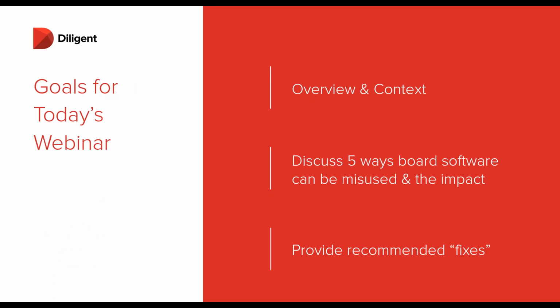Today, we're going to be spending a little bit of time to talk about some of the things that we've observed can happen as organizations and companies begin to use secure software with their boards that run counter to good governance. We're going to dive in a little deeper on some of the ways that this kind of technology can be misused and abused, so to speak, and that run counter to what you really would like the board to be able to accomplish. We'll talk about some of those issues. We'll focus on 5 different areas. We'll provide a little background and context for that.